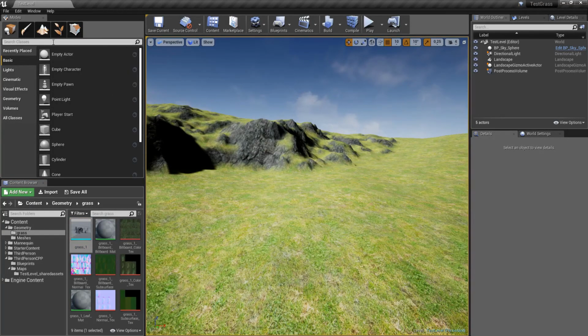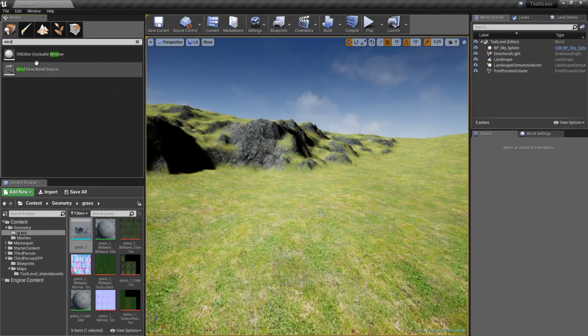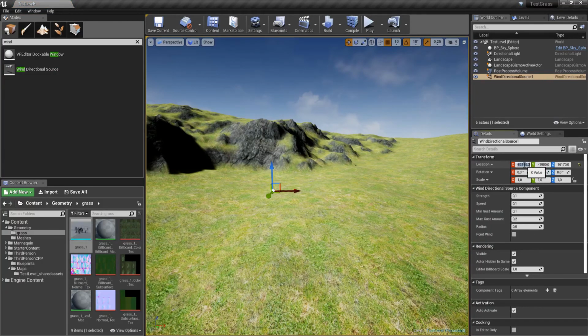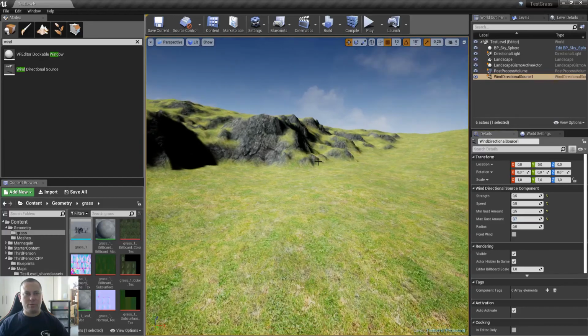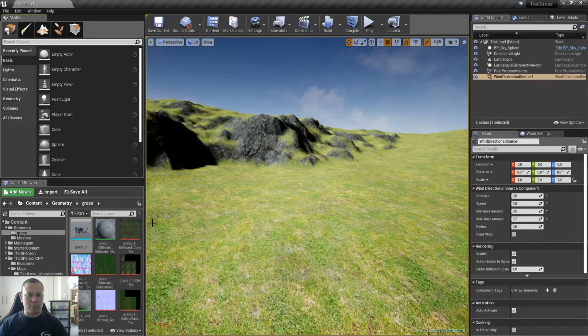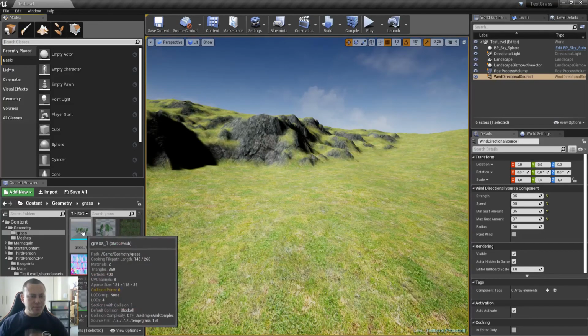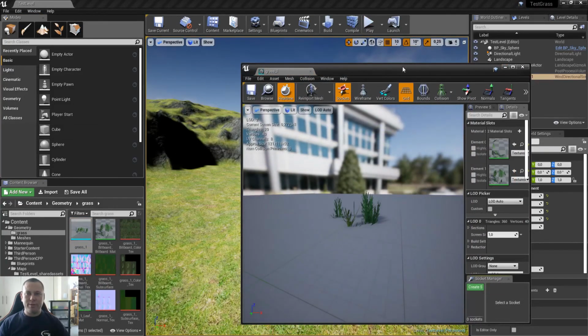Sometimes you do. And then I also want to bring in wind direction here. I'm just going to drop it in here. I'm not going to change any value as well. I might just bump up the strength to, let's bump it up to 0.5. And we'll make the gusts about 7. You don't need to worry about the radius or any of that. It's either going to work or it's not going to work, so it might just work now, but it might not. Looking at what was brought in,